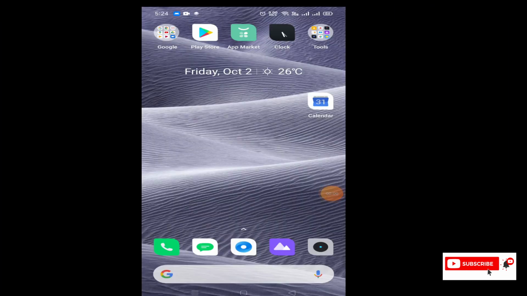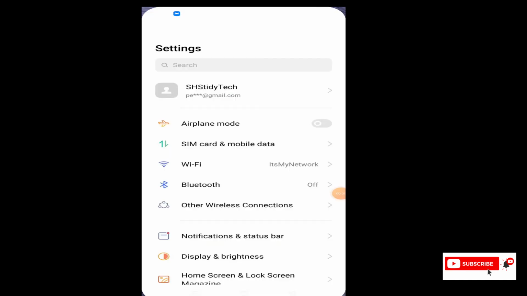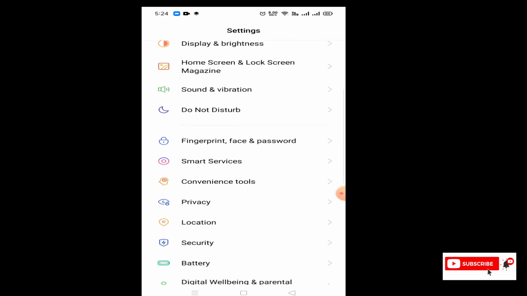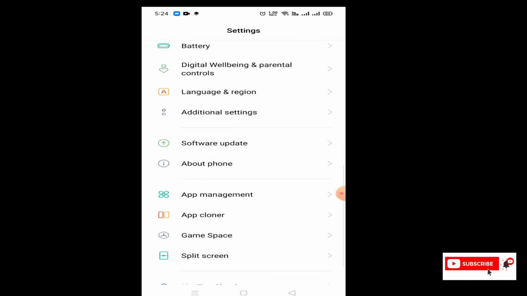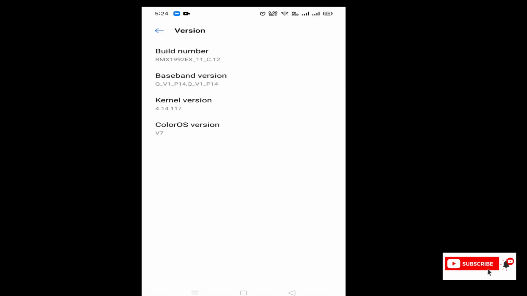Once we are in the mobile, we need to go to settings and scroll to the about phone section. In the about phone section we have different options, but we need to go to versions. Under versions we have baseband and kernel, and some more options, but I am mainly concentrating on the build number.